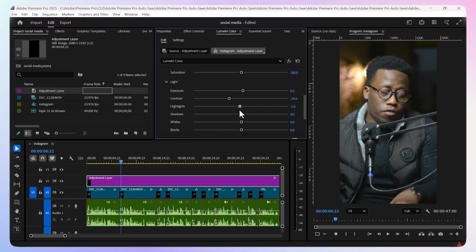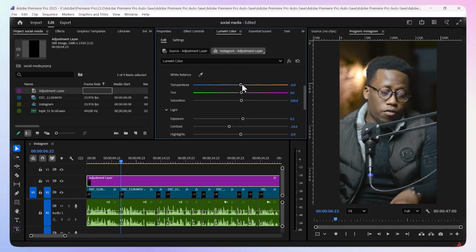Other phones have high contrast. So when you have high contrast in your video and then someone sees it on their smartphone which also has high contrast, you make it bad. That's why you can edit things in Premiere Pro and they look bad on someone else's phone. So let me reduce the temperature a little bit,